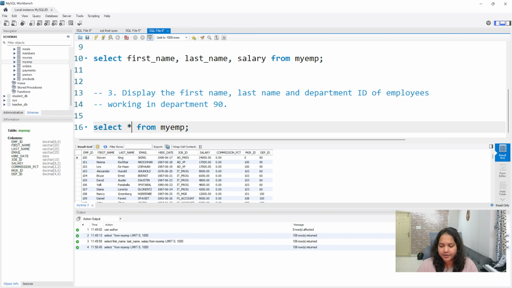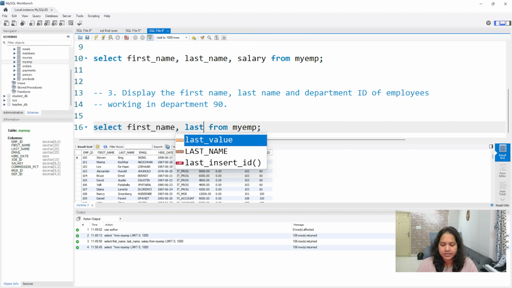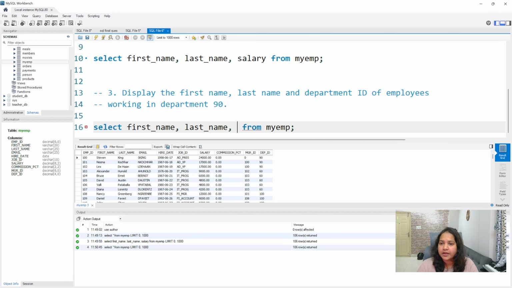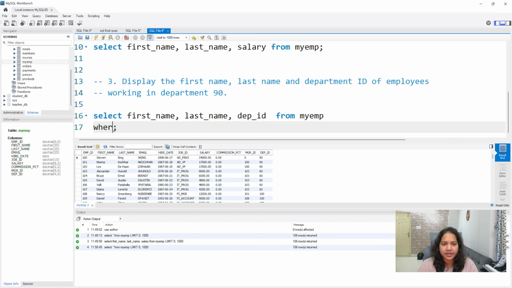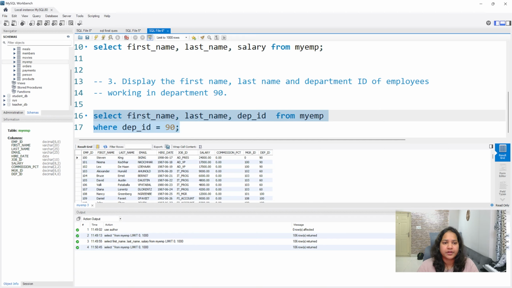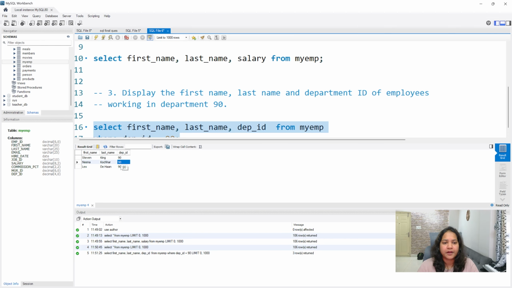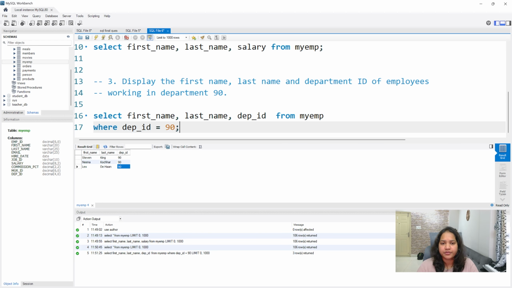So now instead of star, first_name, last_name, department_ID from the employee table, working in department 90. In the where condition, department_ID equal to 90. Wherever the department ID is 90, give the first name, last name and department ID. If I run this, I will see department ID is 90 for all the records.